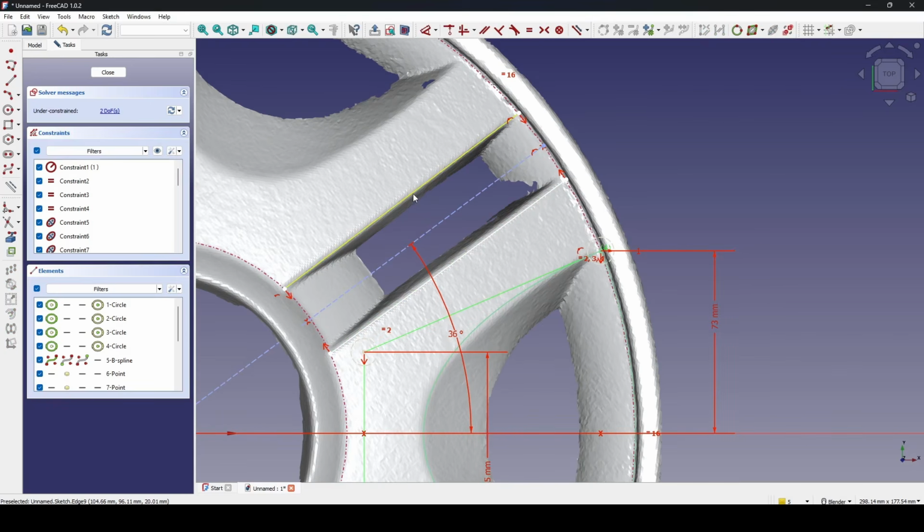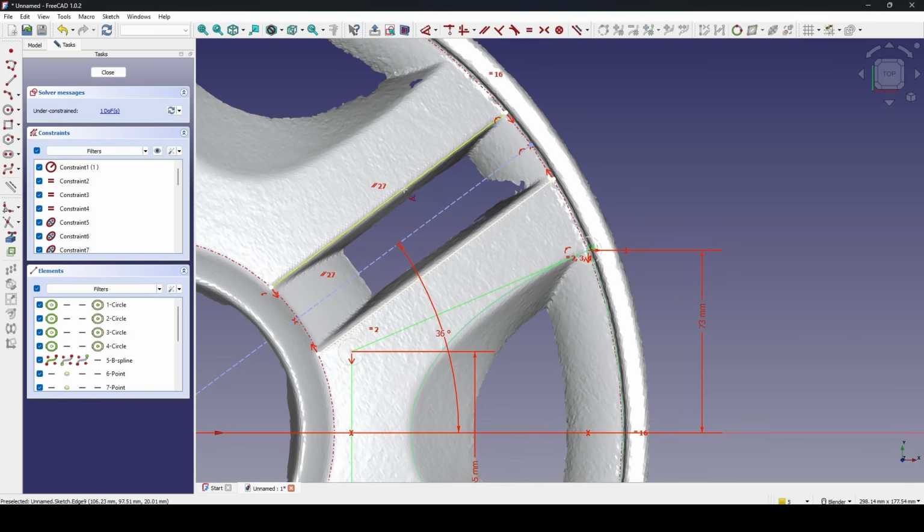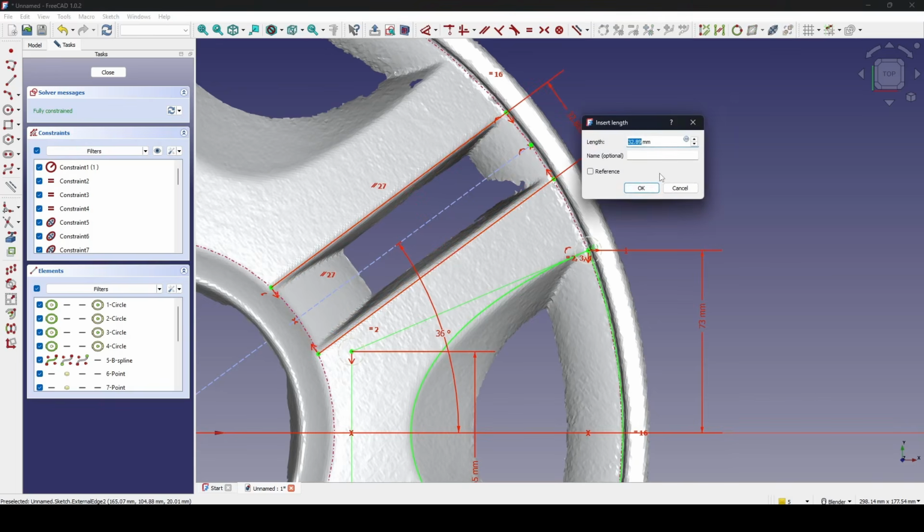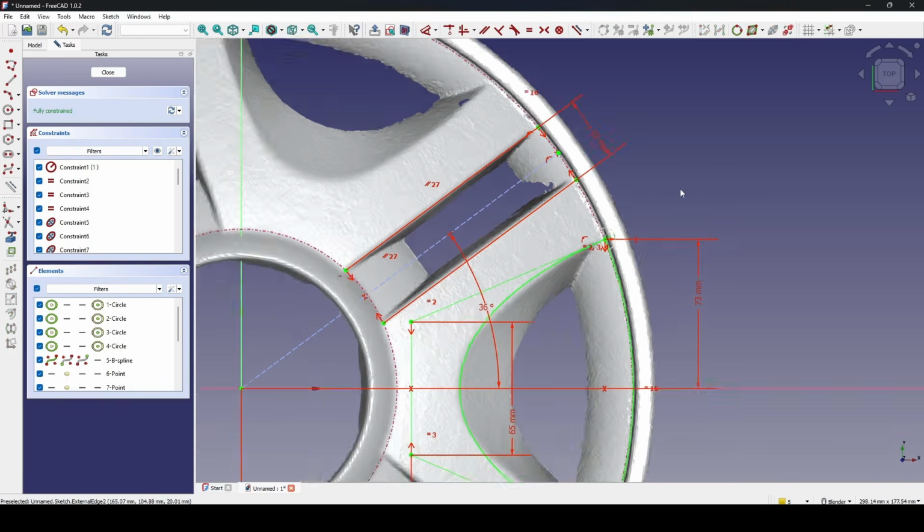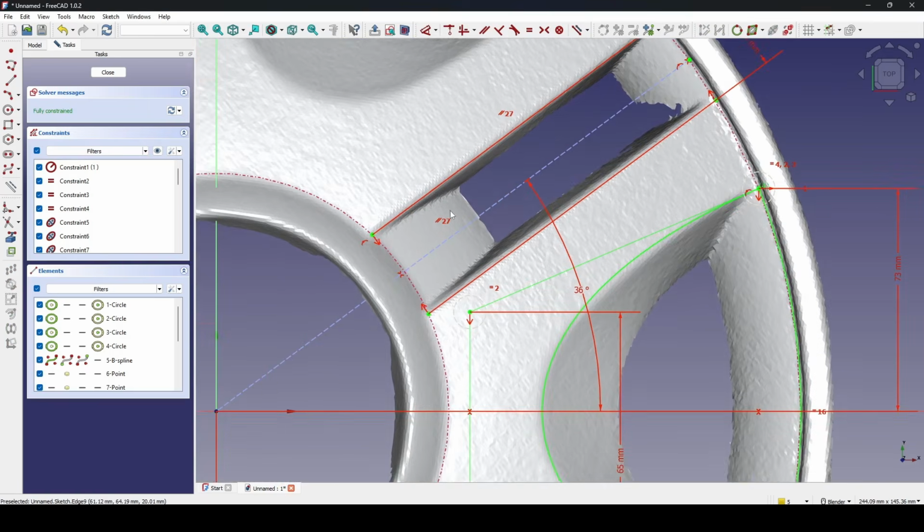I need to set the parallel constraint. So select this one and this one, hit P. Okay. And because these guys are symmetry, no need to set the parallel in here. Let's try again. And 32, I think. Also,